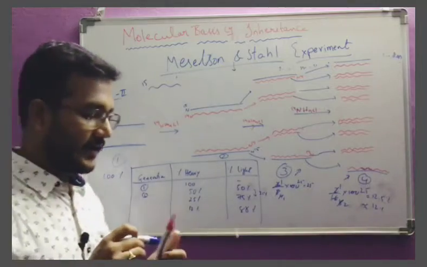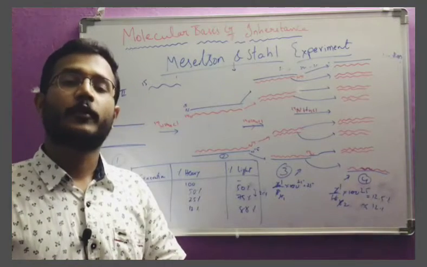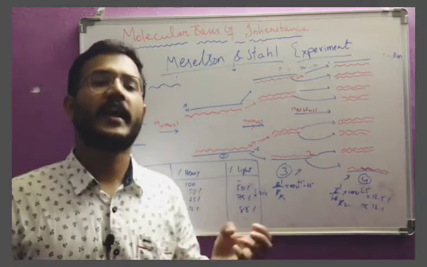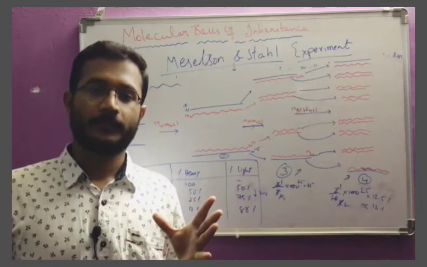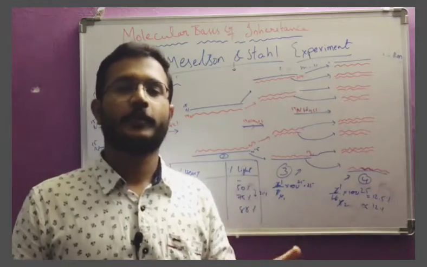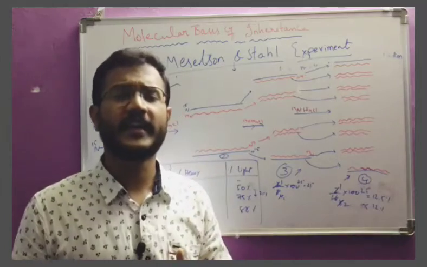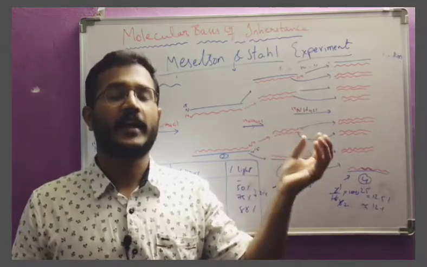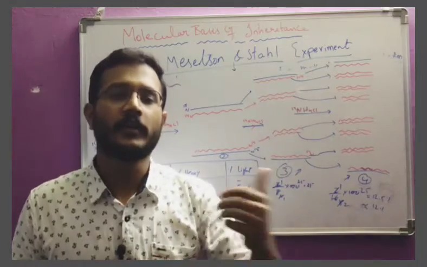This is how they have taken the N15 heavy isotope and they had grown E. coli bacteria and allowed for multiple generations, and they had incorporated its DNA with the N15 isotope. All the DNA molecules are incorporated and all the bacteria are incorporated with the N15 isotope. Then they had taken N14 medium and they had inoculated N15 containing bacteria into N14 and allowed for multiple generations.